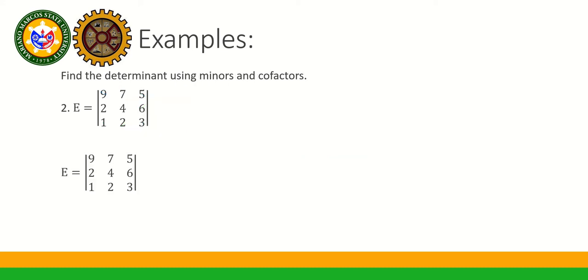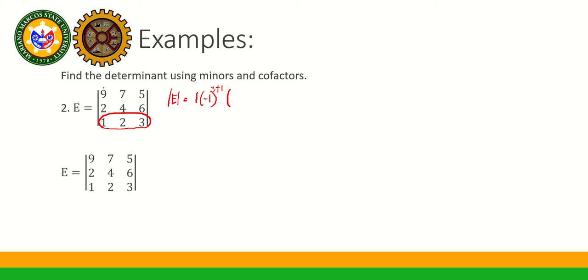Now, itry nating hanapin yung determinant ng matrix E natin using minors and cofactors. But this time, dalawang selection lang yung gagawin natin. Okay? So, select natin si this one. Ito, si 1, 2, and 3. Okay? So, matrix E natin will be equal to 1 times negative 1. This is in row 3 and column 1. So, 3 plus 1 times,